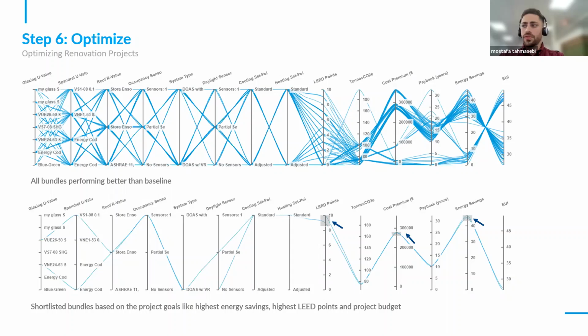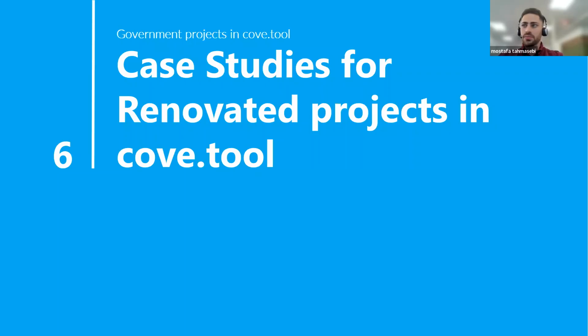You can also perform as many iterations as you want, where you would do one project in 2 weeks, going through all the permutations and combinations of inputs and going through them manually. Using Cove Tool, you can do the same and more in less than 15 minutes when you're using the optimization engine here. Now let's take a look at a case study